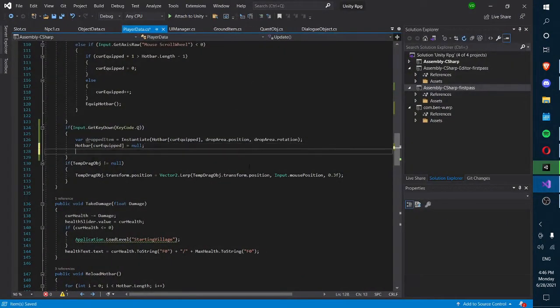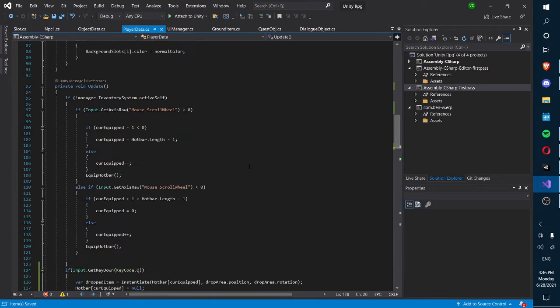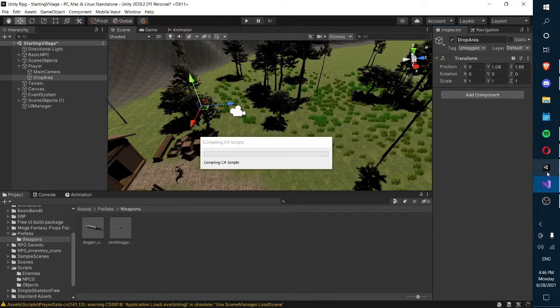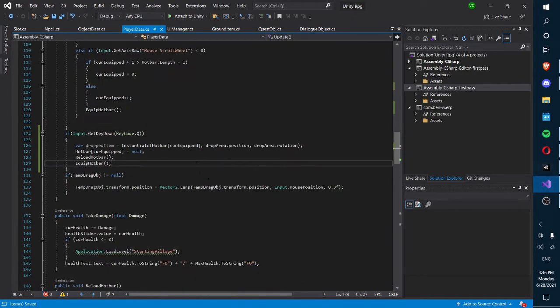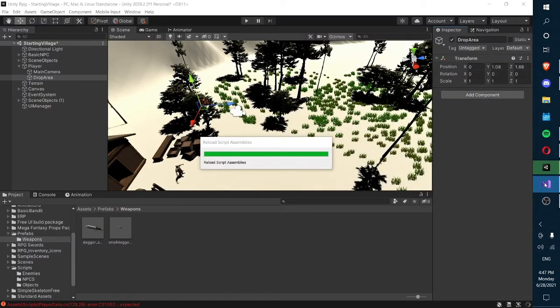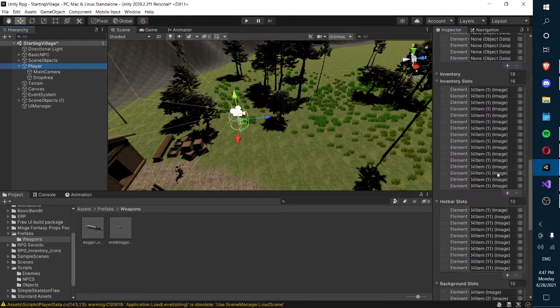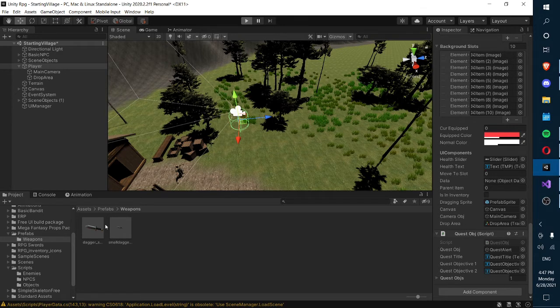Also, we have to do ReloadHotbar, and we also have to do EquipHotbar. And then that should be pretty much it. Oh, we're missing a semicolon here. Also, we can literally just delete this because we're not going to use this again. And finally, that should be it for the drop function. So we can just drag this here into the transform. And now, if we press Q,